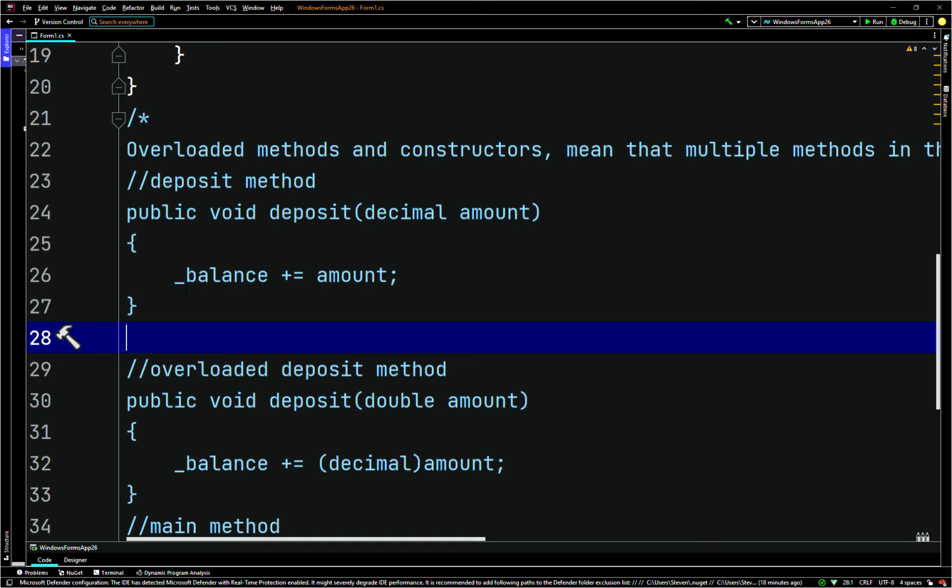So the compiler uses the method signature, so we already talked about that, to distinguish it from other methods of the same name. A method signature consists of the method's name and the data type and argument kind, I believe by value. Okay, sorry, the C# definition is a little different because of ref and out, but